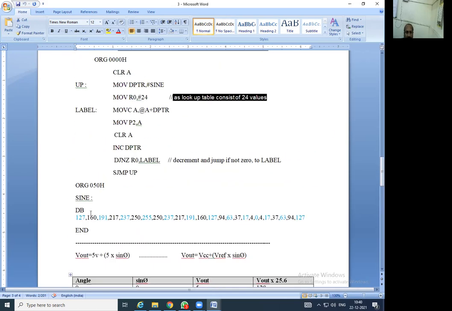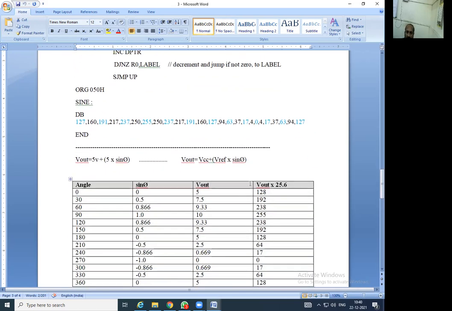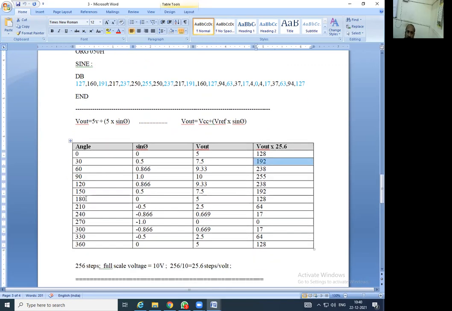So this is how these values came in here, which are 128. It is taken as 127, so no issue with that. Then the next one, blue color, 191. Here it is 192, no issue. Because these values are more, you will get fewer numbers in the table, because the number of steps we have taken, angle 0, 30, 60, 90, we have taken in parts of 30 degrees.